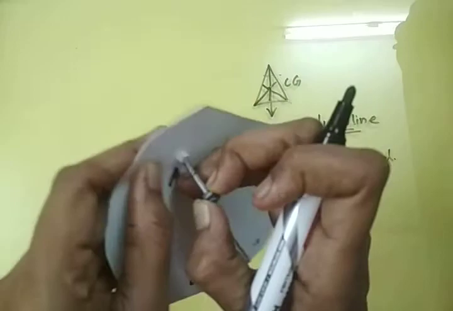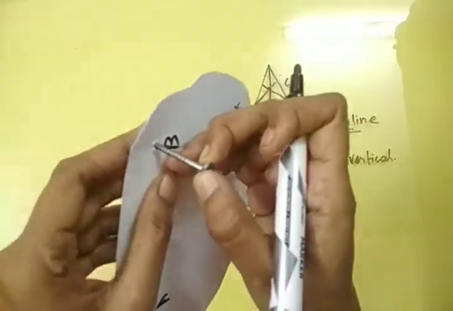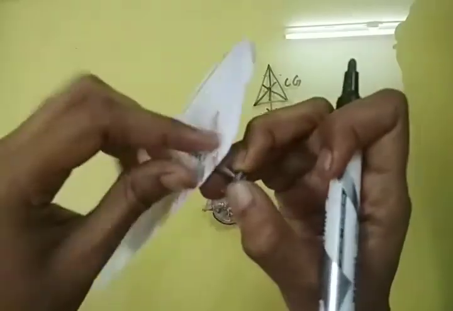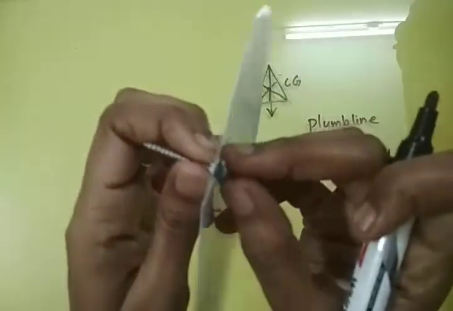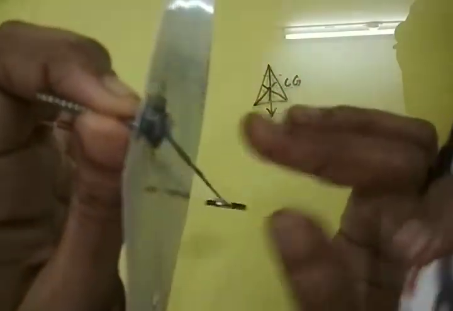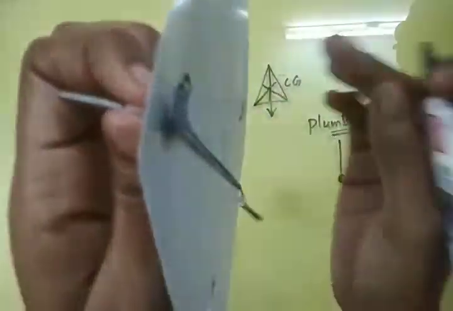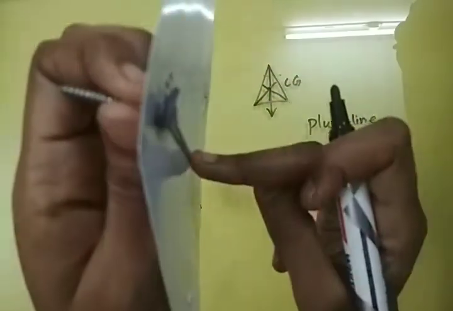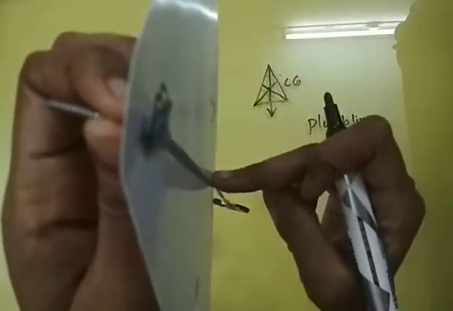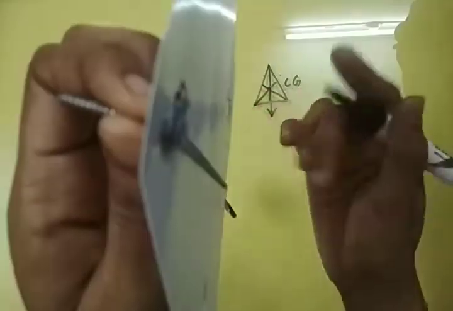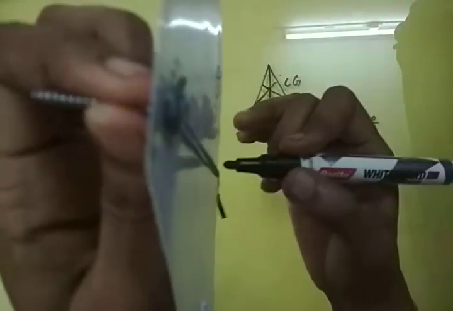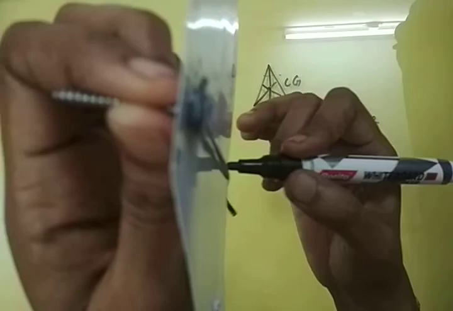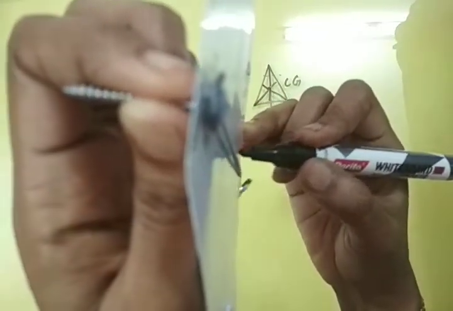Similarly, the same method is followed through the other hole B. I am going to hang the same plumb line. I will ensure that it can freely move about this, right? The lamina should freely rotate about this axis. And the same way, I am going to hang the plumb line from point B. I ensure that it is properly held. And the center of gravity will definitely be somewhere on this line, which is the position of the plumb line marked here now. Let us label it as Y.